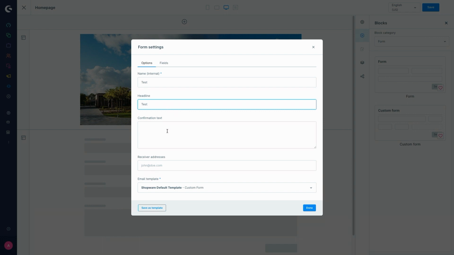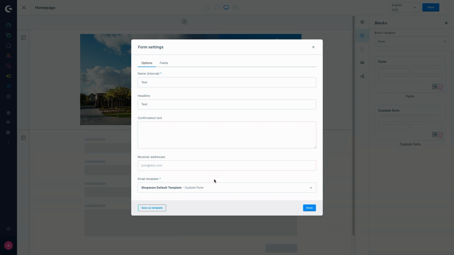Then we have the confirmation text. The confirmation text is displayed to the user as soon as he has filled in the form. After that, we've got the receiver address. So this is the email address to which the filled out form should be sent. Multiple addresses can be entered simply by pressing the enter key once after each address.